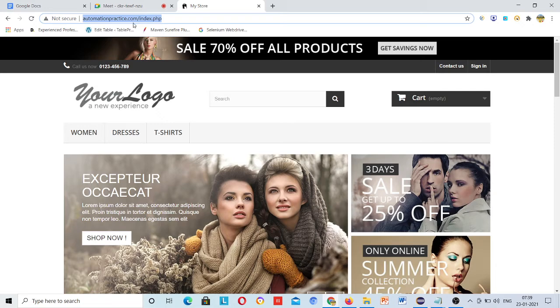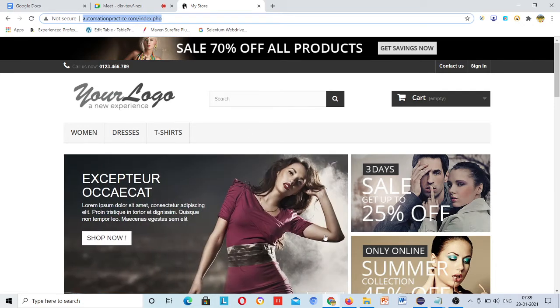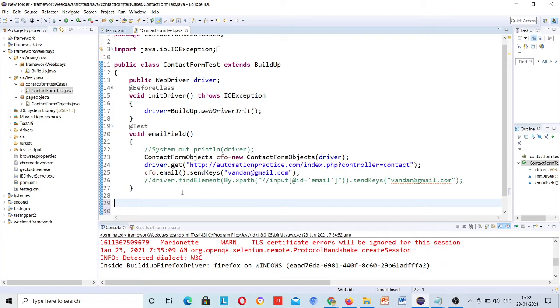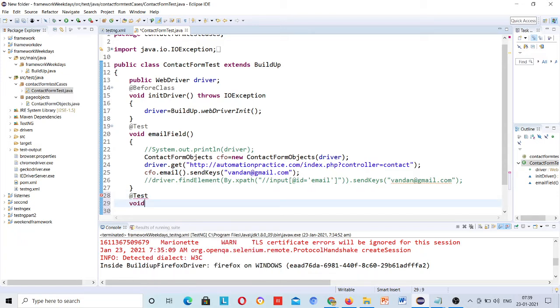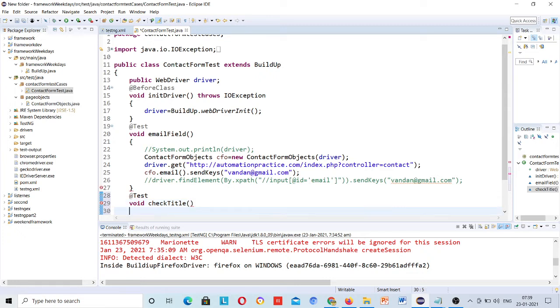First I have to get the URL of this. The method name will be check title, not get title, so that anyone can understand that in this method you are verifying your site title, whether the desired title is written or not.